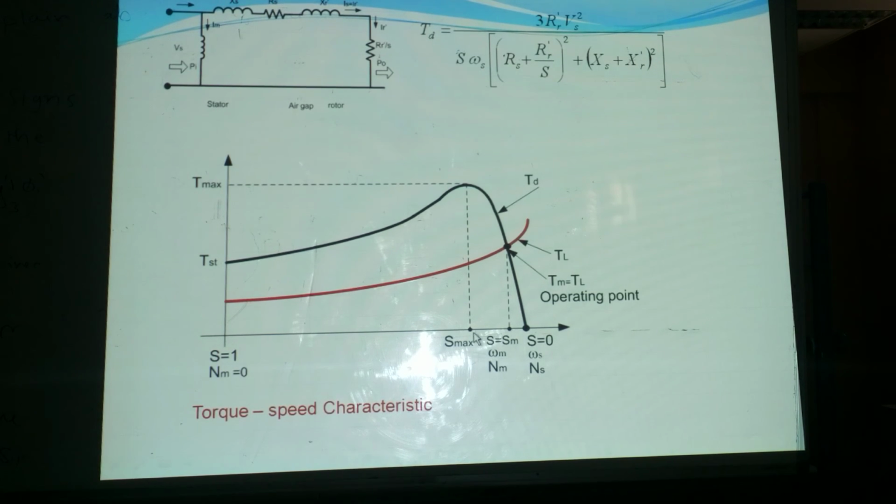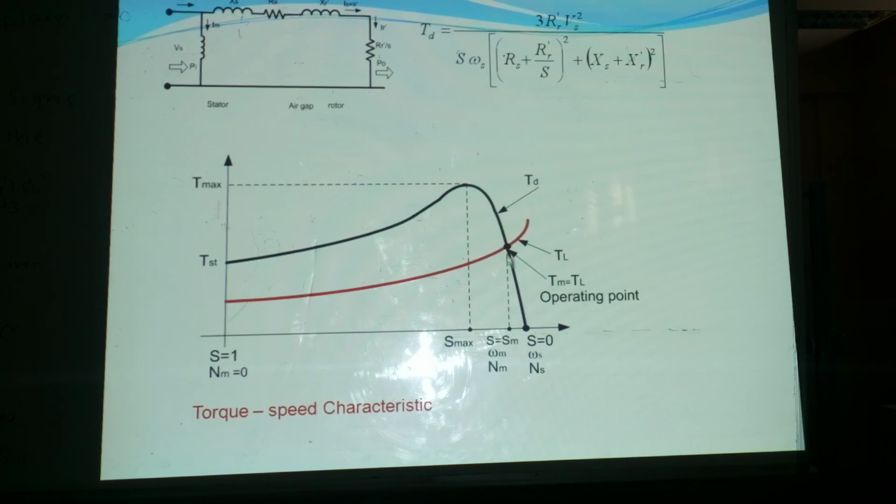The slip at which maximum torque occurs is known as S maximum. From here, as the rotor speed increases, that is slip decreasing,